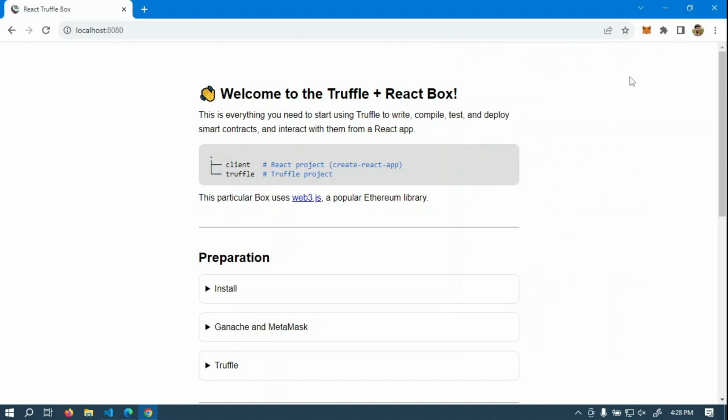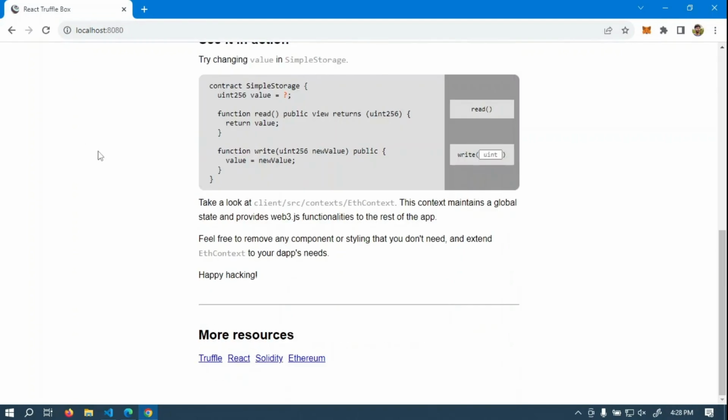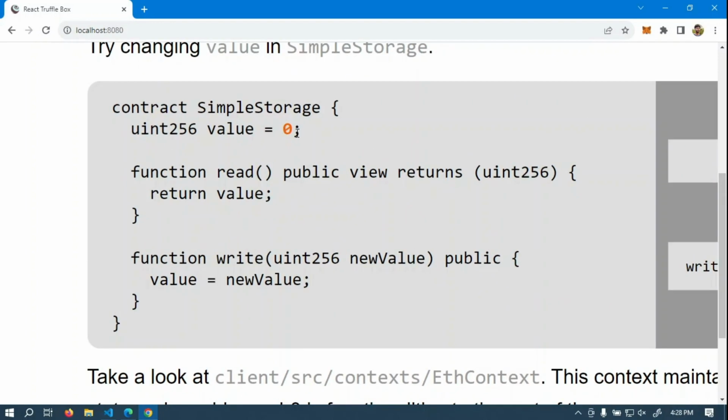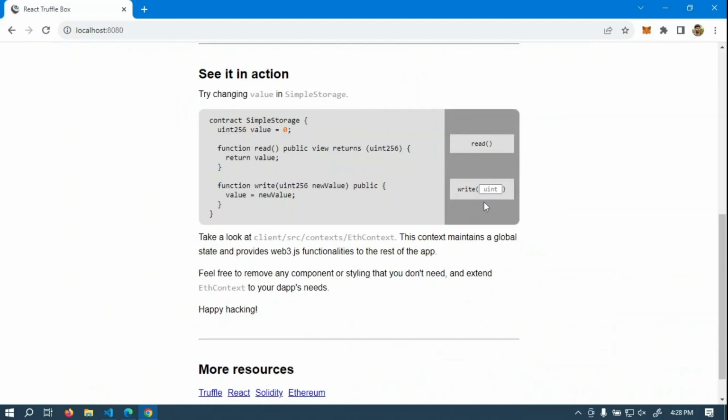Once you have done that, let's quickly reload it. So you can see we have the smart contract here, and here is the read function, a button, and a write function with the value we have to set. If you click read, you see 0 is showing here. And for writing, let's set it to 3 this time. And if we click write,